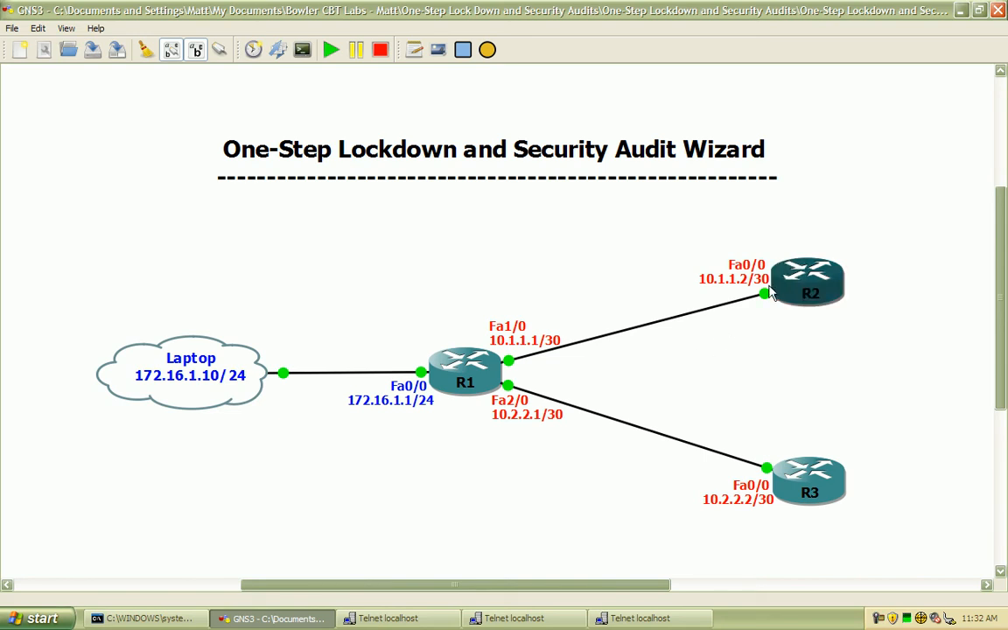So I have these interfaces already configured on routers 2 and 3, and I have EIGRP configured. We'll be running Autonomous System 10, and my laptop is configured with the loopback address 172.16.1.10. So we'll go ahead and go into router 1 and begin the configuration of the interface, as well as